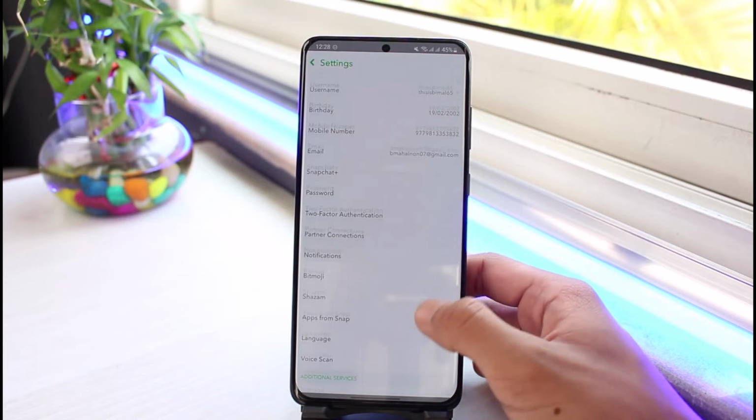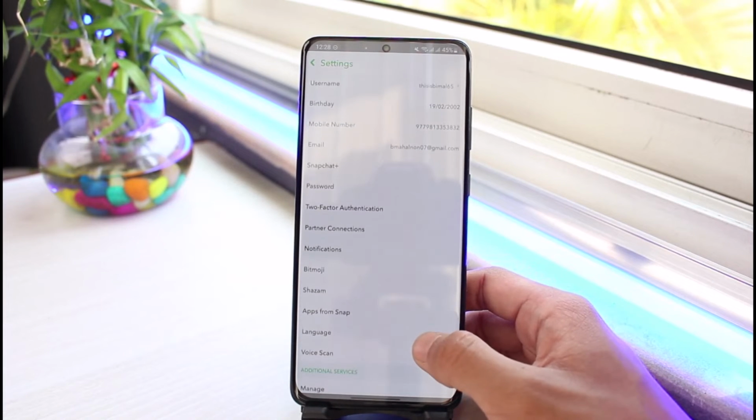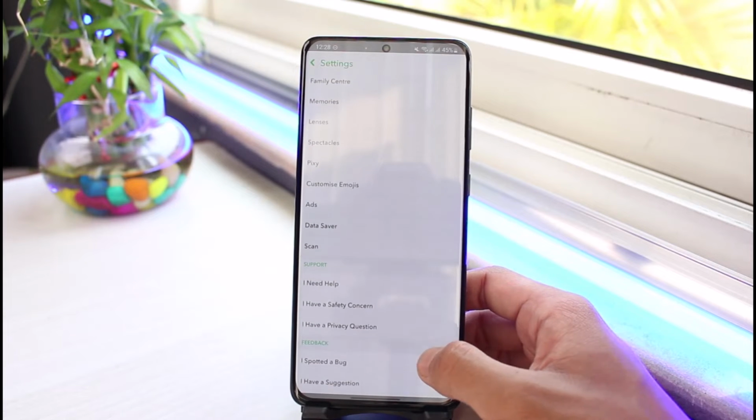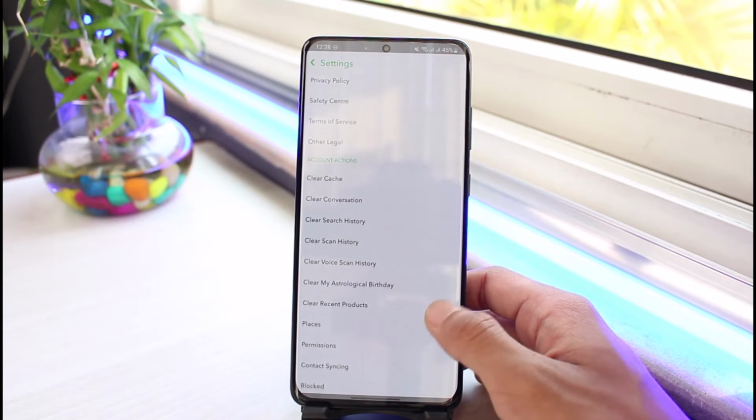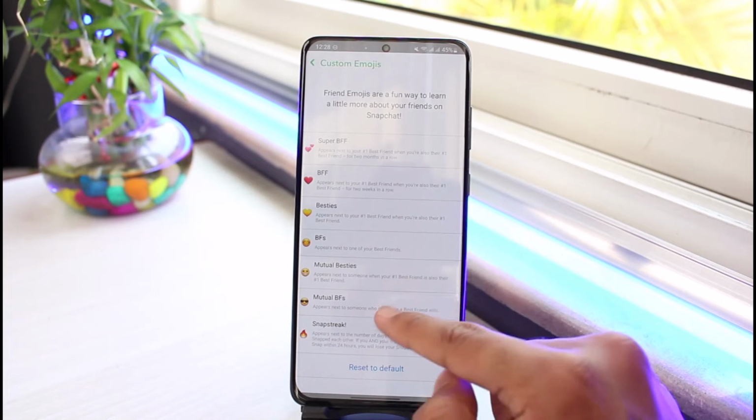Once you come to our settings page, you will see all these options, and what you have to do is look for the option called customize emojis. So simply scroll down through these options over here to find customize emojis. As you find the option called customize emojis, just tap on it and you can actually change the type of